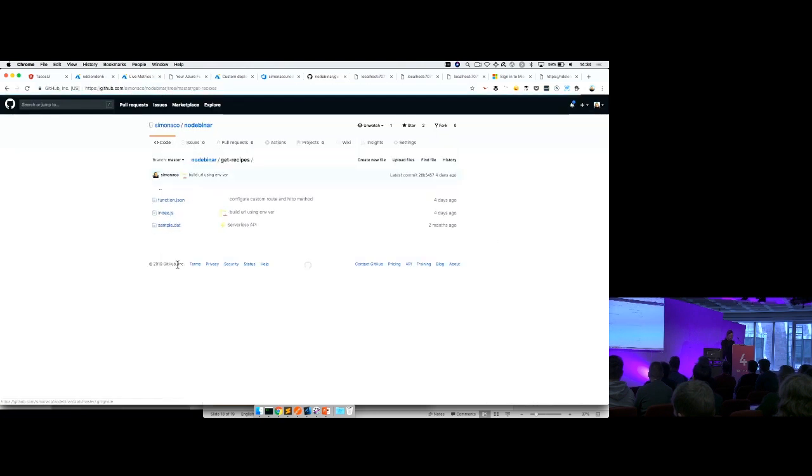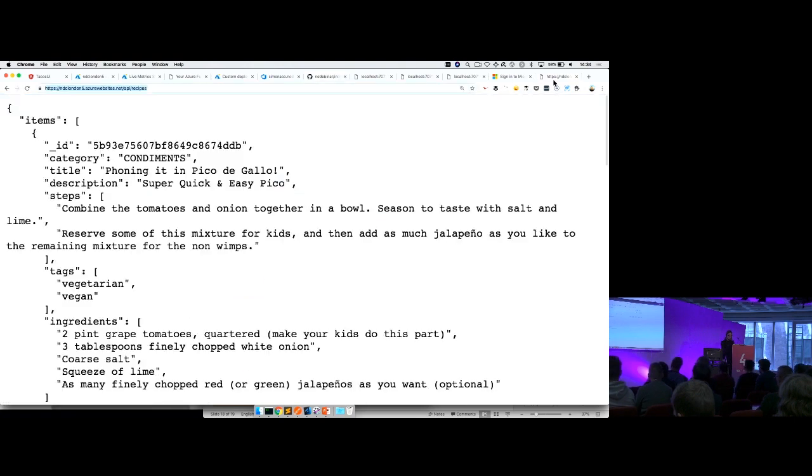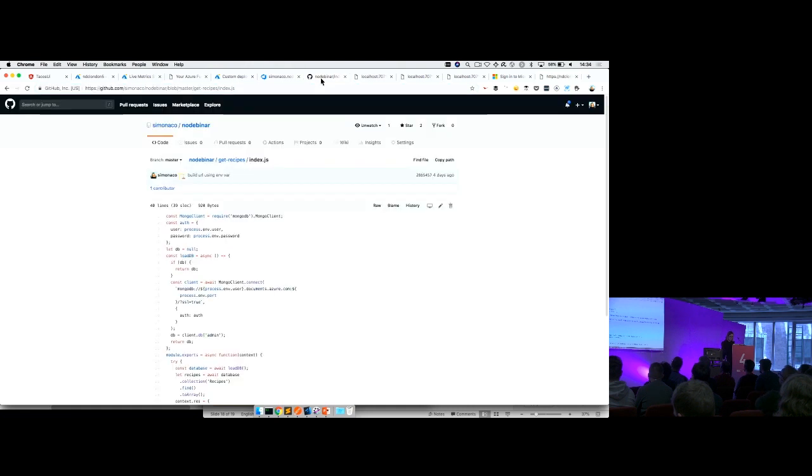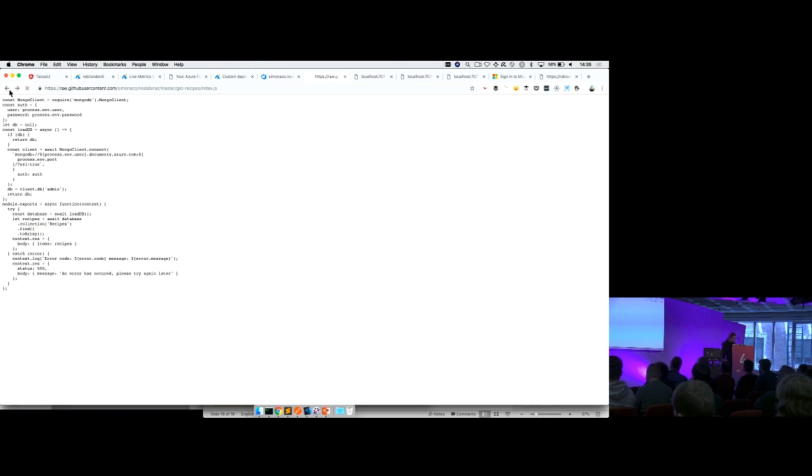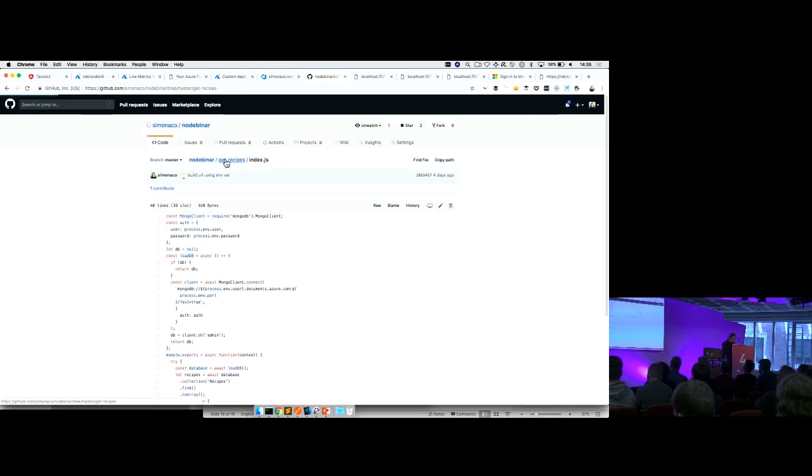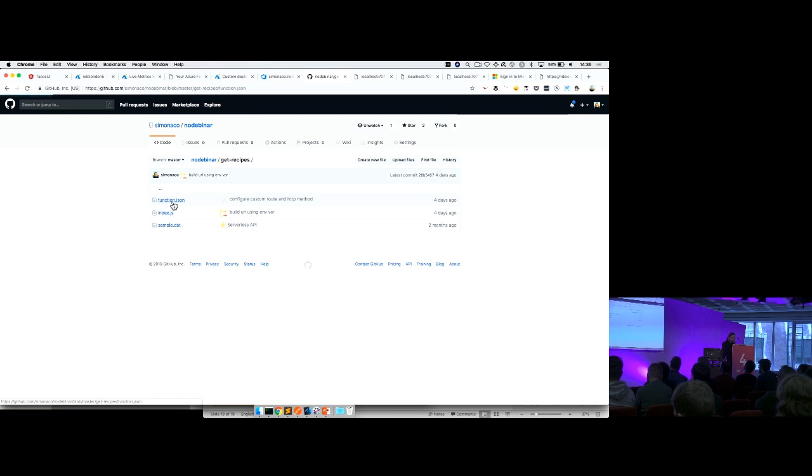The last thing that I actually want to show you, probably you've noticed that when we have our function in the cloud, the URL says recipes. It doesn't say read recipes. The way we configure that is in our function.json file. We can define a route.